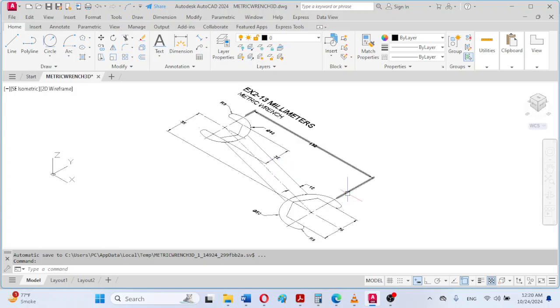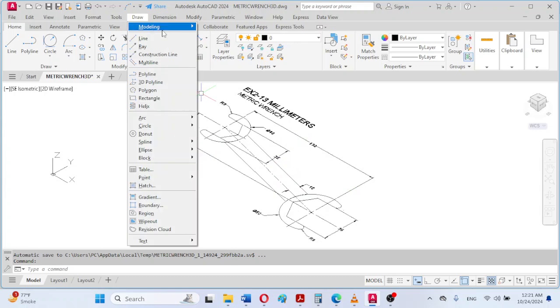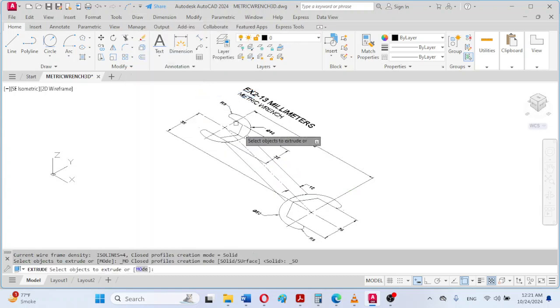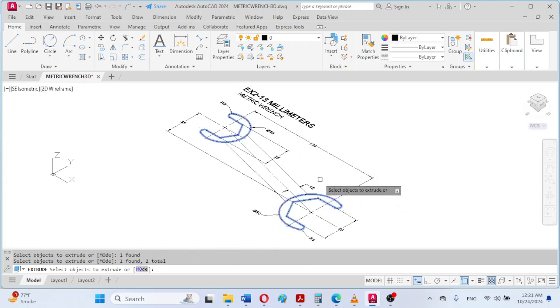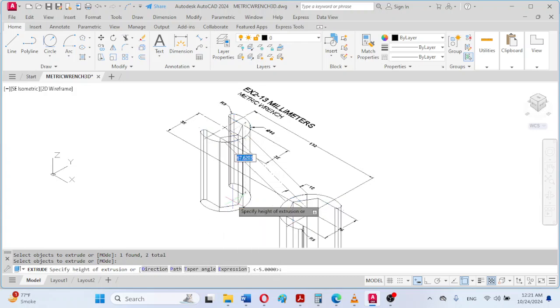If we want to symmetrically extrude, we can click on Draw, Modeling, and click on Extrude here like this. Click here and click on this jaw, and then right click to press enter. And for example, we